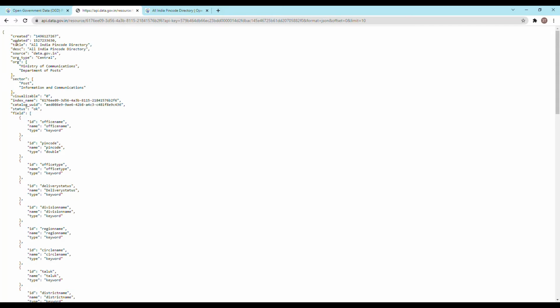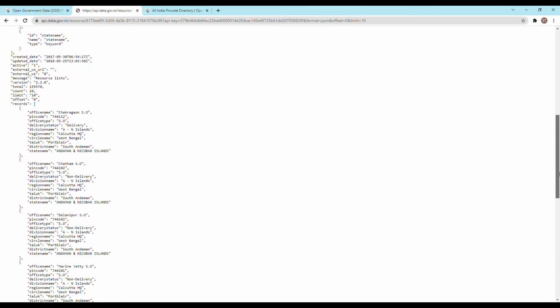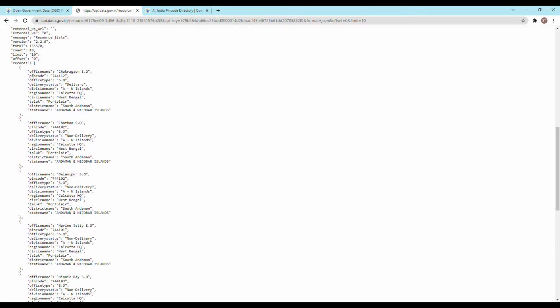This is the structure of the API, and if you scroll down, here you can see the records, like what the state is and what the pin code is, right? This list of records is what we are going to convert into Excel columns, and from there you can refresh the Excel, and whenever the API is refreshed, you can refresh from Excel itself and see the latest data, right?